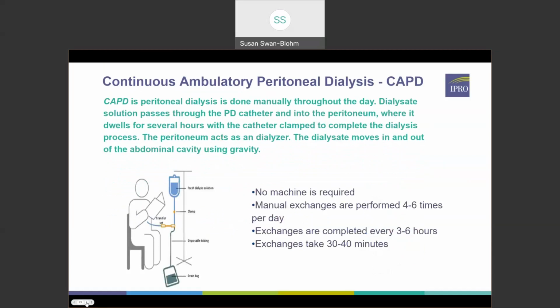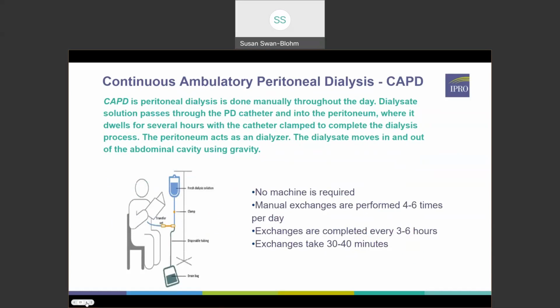Continuous ambulatory peritoneal dialysis, or CAPD, is dialysis that is done throughout the day with a series of manual exchanges. Dialysate solution passes through the PD catheter and into the peritoneum, where it dwells for several hours with the catheter clamped and completes a single exchange. The peritoneum acts as the dialyzer, and gravity is used to move the dialysate in and out of the peritoneal